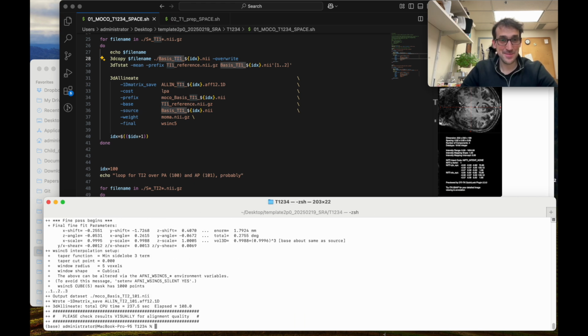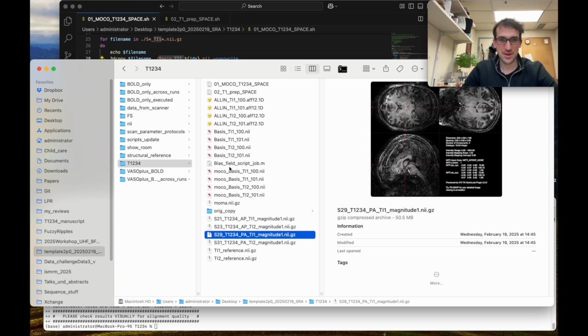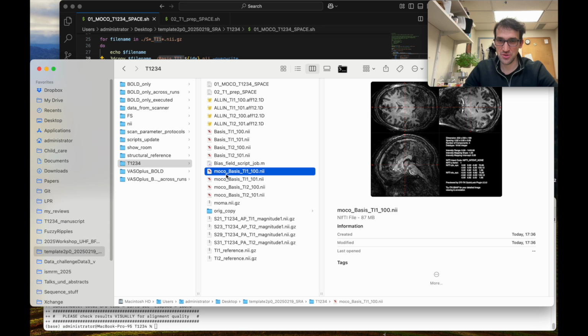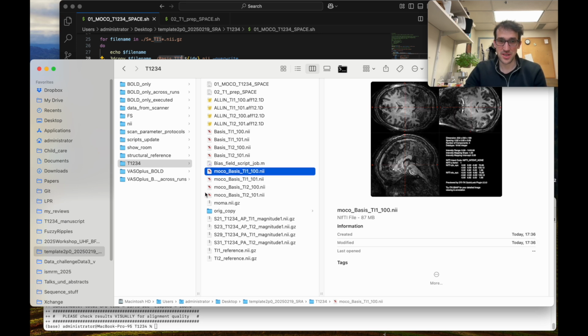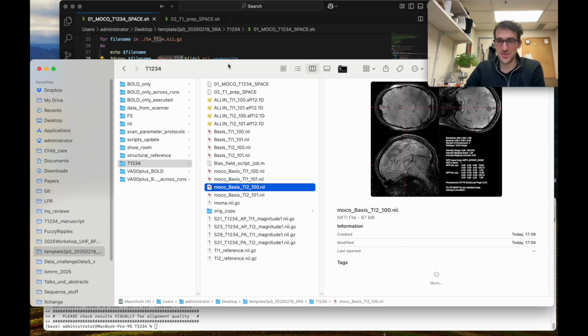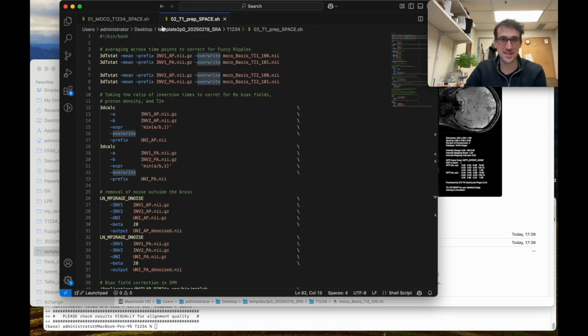Okay, this seems to be done. So let's look at the results. Now we have additional files in our folder. Namely, we have these MOCO files, which stands for motion correction. So now all of the different time series within the runs and also the different runs are all aligned to each other. So now we can perform the actual T1234 analysis, which is in the second script in that folder,